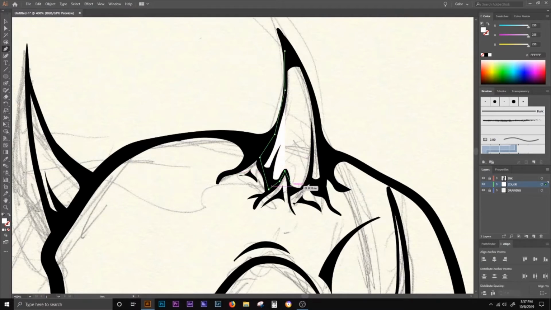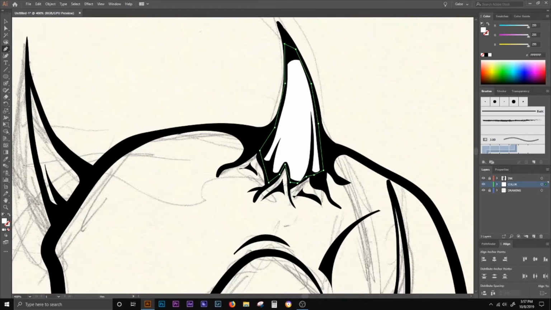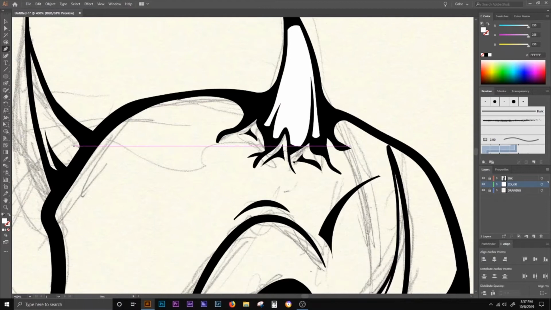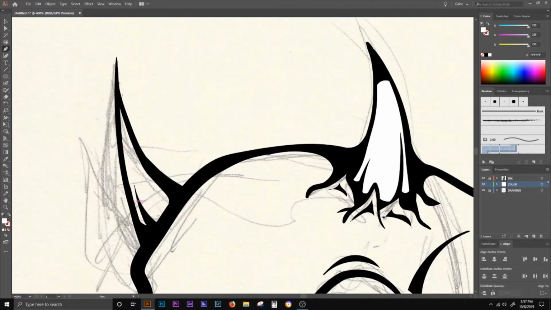Super fast to add color this way. I guess I just like using Blob Brush because I think it's fun painting. If I had to be honest, is it a faster process? Not really, but I guess I just like seeing where the brush strokes go. Anyway,